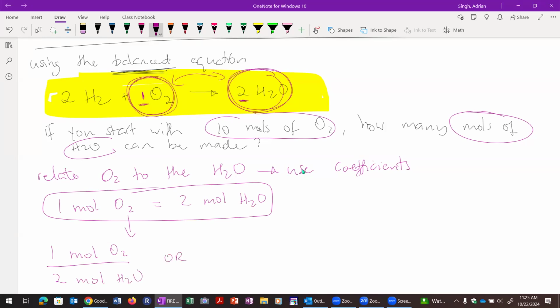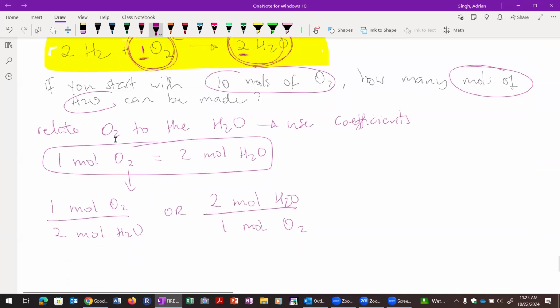So again, when you have an equality, whether it's an equality like this or within the metric system, it doesn't matter. You can turn it into two conversion factors. The other one here is just simply flipping the first one. So 2 moles of H2O for every 1 mole of oxygen. Now I have these relationships that I extracted from the mole to mole ratio that I got from